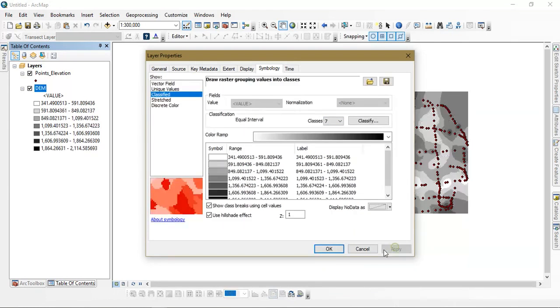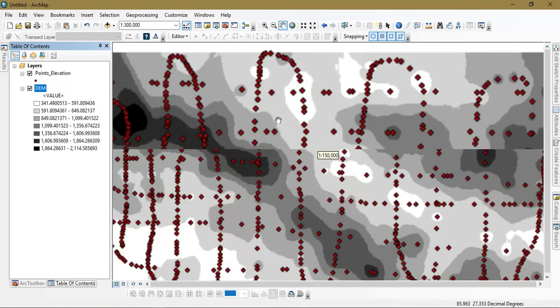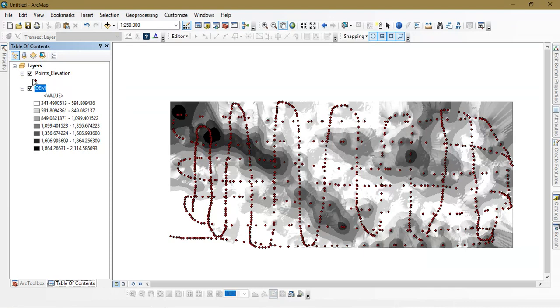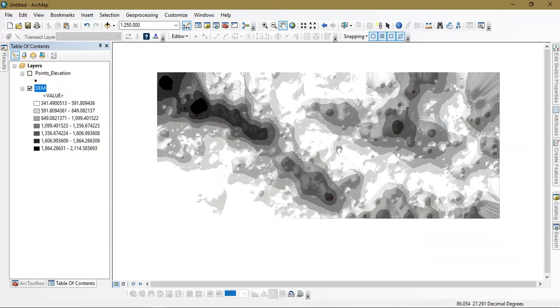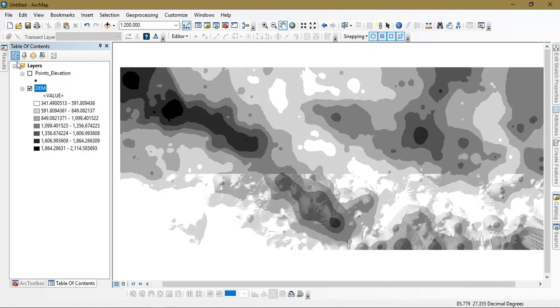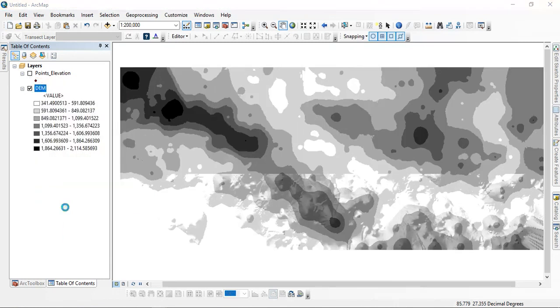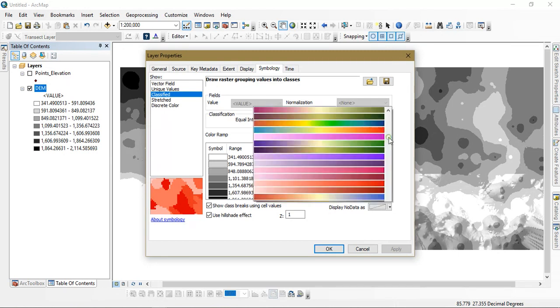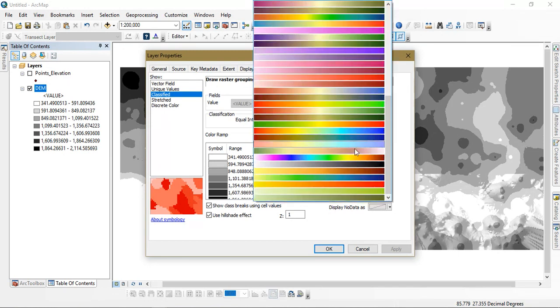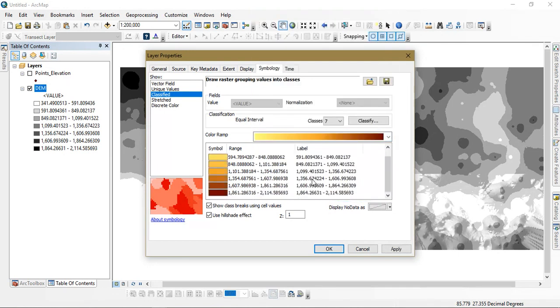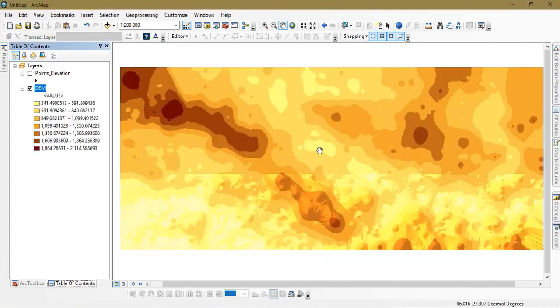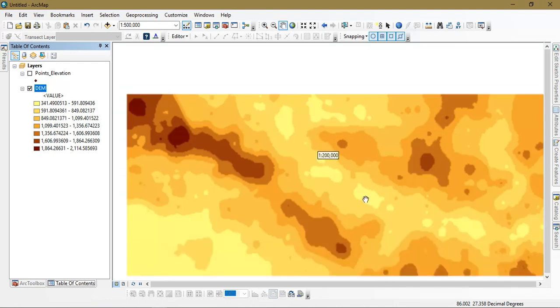Or 7 groups. You can see here the DEM data has been created. If you need to change the color, you can just go with it. So I'm going to select the brown color and just give apply and just give OK. You can see the difference out here.